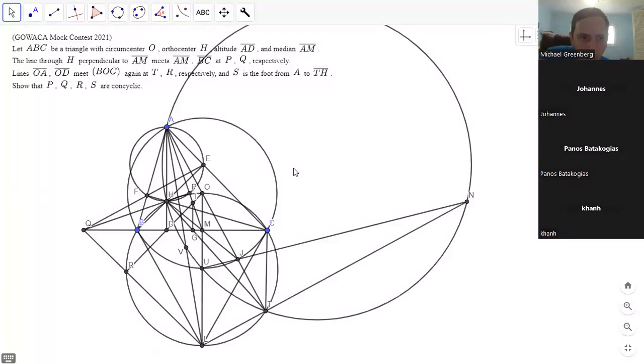But we can choose any point among PQRI that we want to ignore, right? We need three out of those and G to be cyclic. So which one do we want to ignore? I think we might want to ignore R maybe,